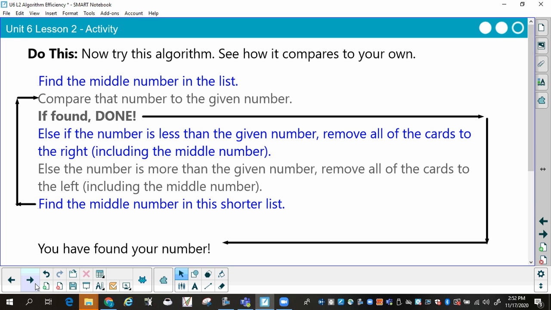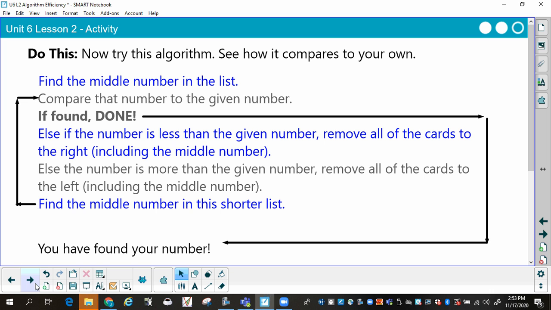Now, what I want you to do is to try this. I want you to run through this, look through this, compare it to your own algorithm. Okay? Find the middle number in the list, compare that number to the given number. If it's found, you're done, jump out. Otherwise, if the number is less than the given number, remove all the cards to the right, including that middle